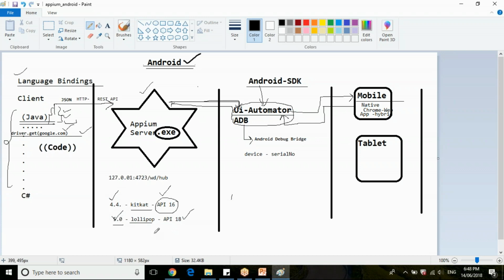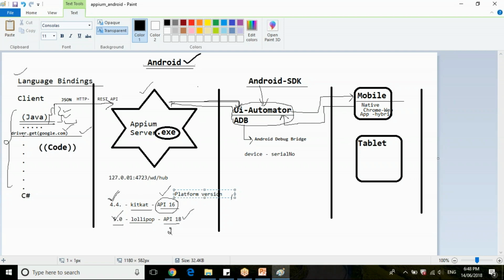So if it is Oreo, it will have an API level in a platform, the Android platform where it is installed. So Lollipop, let's say Android 5.0 Lollipop, is API level 18. You can check the API level for each and every Android version. The API level will be different. This is nothing but the platform level, your platform version.